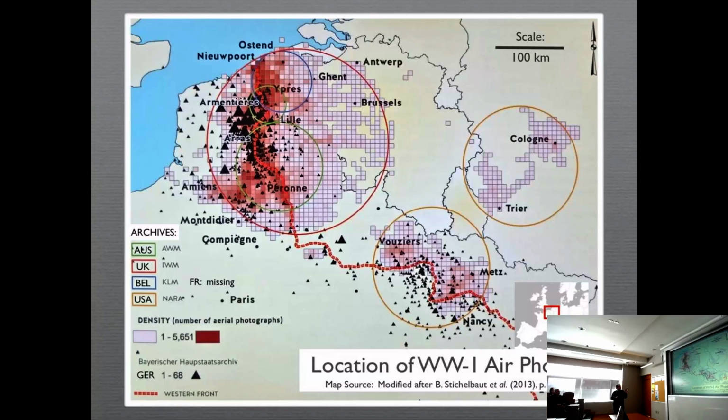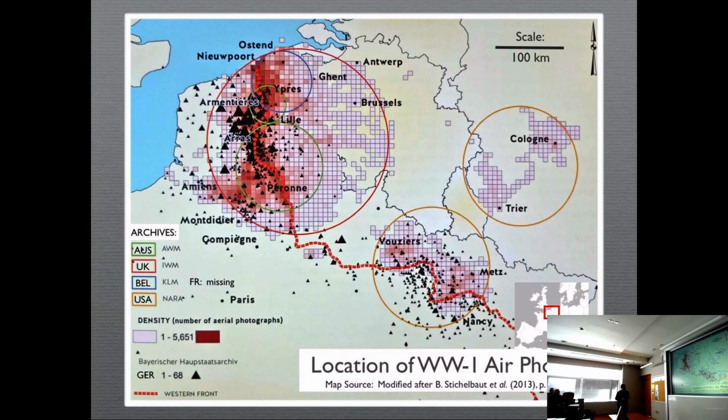There is interesting evidence in that you can see how far behind the actual Western Front here in Flanders and so forth, reached across the frontier and deeply into the German-held territory. This is a map of the location of World War I air photos as they are still available in Australian, English, Belgian, and American archives, and in German archives as well.